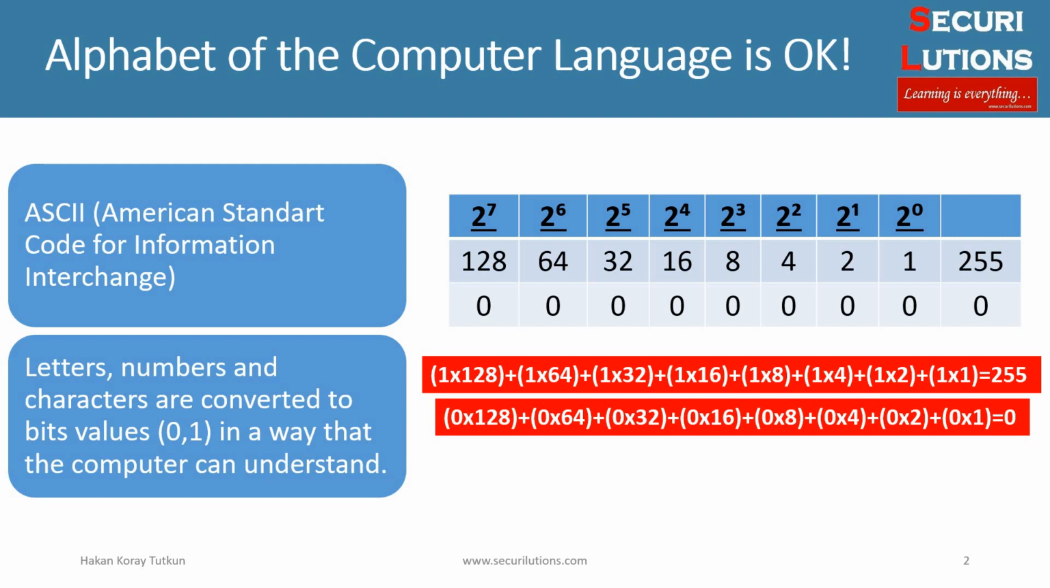On the right side of the screen, you can see the biggest and smallest total value obtained using these 8 numbers. 1 plus 2 plus 4 plus 8 plus 16 plus 32 plus 64 plus 128 is equal to 255. 255 is the biggest number and 0 is the smallest number, as you know. You can calculate all numbers from 0 to 255 this way. So, for example, the name of my website securelations.com consists of 17 characters, and it occupies 17 bytes of space